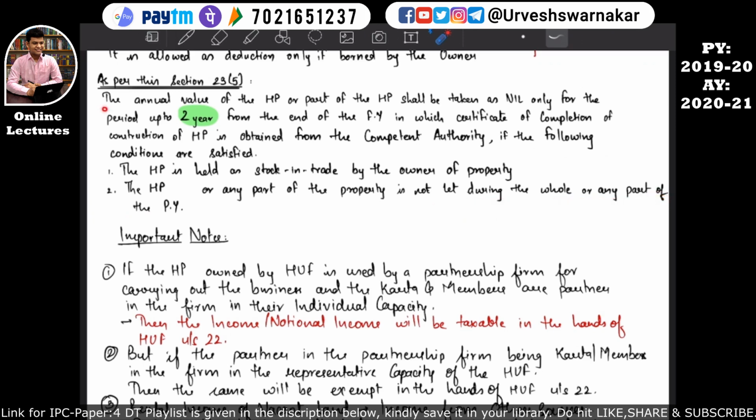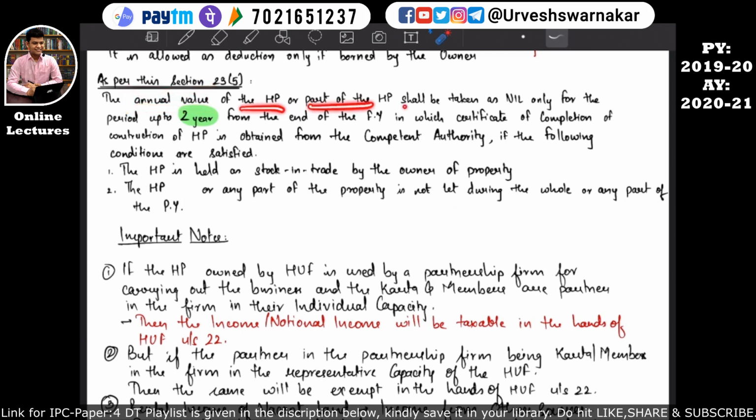So basically if you read over here, the annual value of the house property or the part of the house property shall be taken as nil, because if the assessee who has taken these unsold flats as stock in trade is letting that house property on rent, then whatever income will be earned by such builder will be taken as the income of the assessee. Okay, but if he has taken such house property as his stock and he has not let out any of the property for any part of the previous year, then the annual value, that means the yearly rent income of